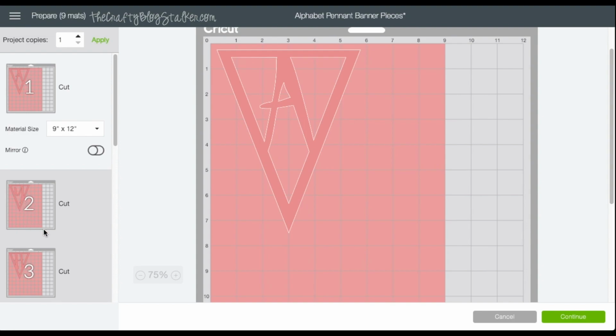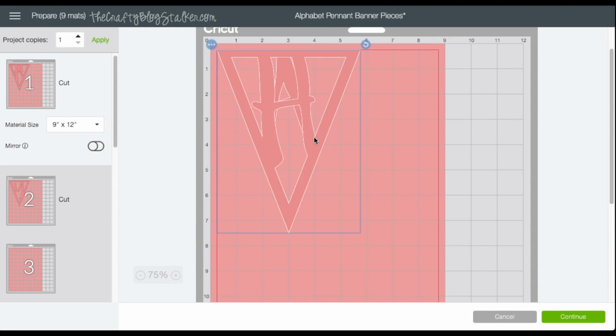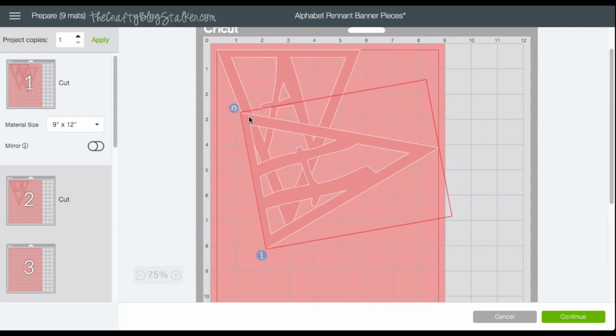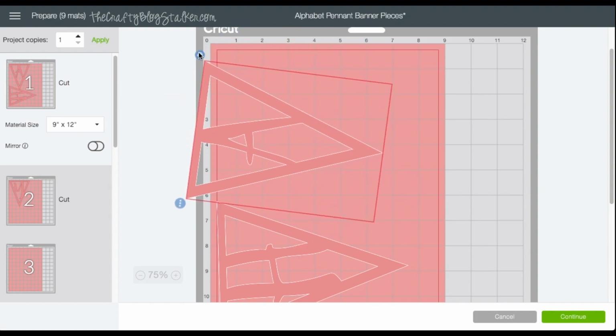So what we're going to do, we're going to come down here to the 3rd one. We're going to highlight that letter, and up here this little circle with the 3 dots, we're going to click that, and we are going to move this letter to another mat. So we're going to move it to the first mat, and then how we are going to layer them so they all fit is we are going to turn them. Okay, just turn them,